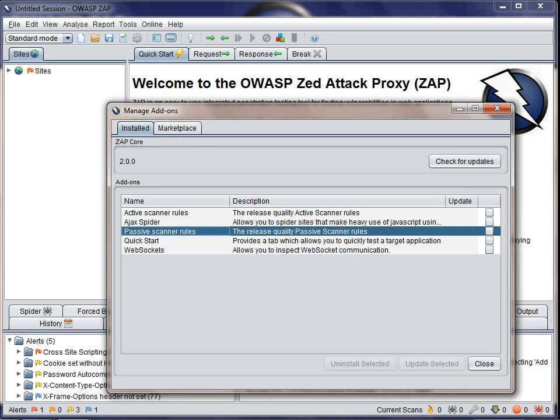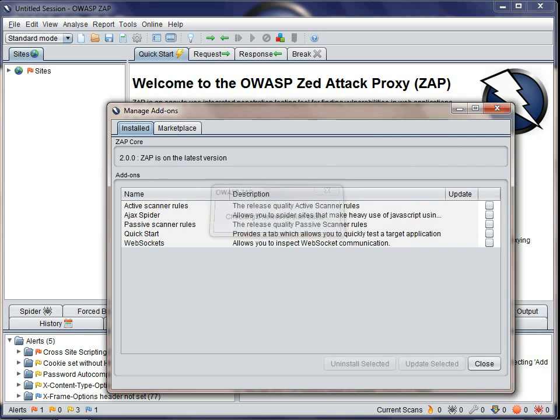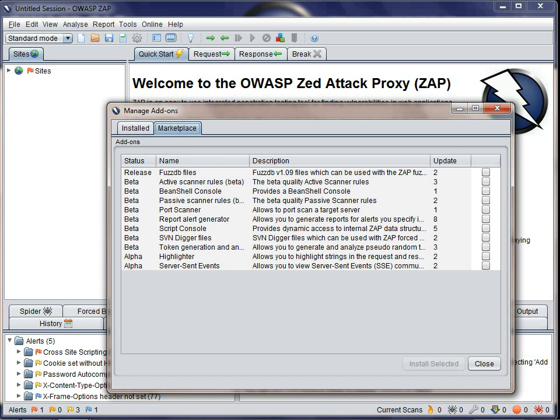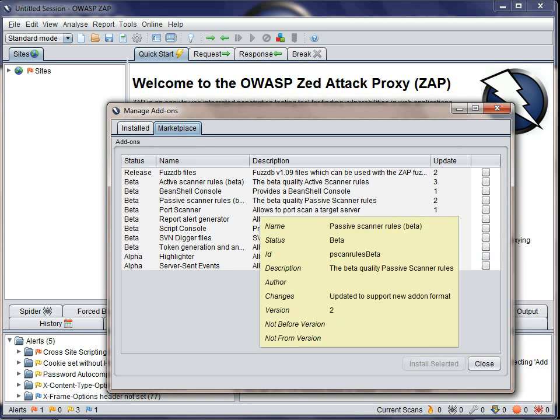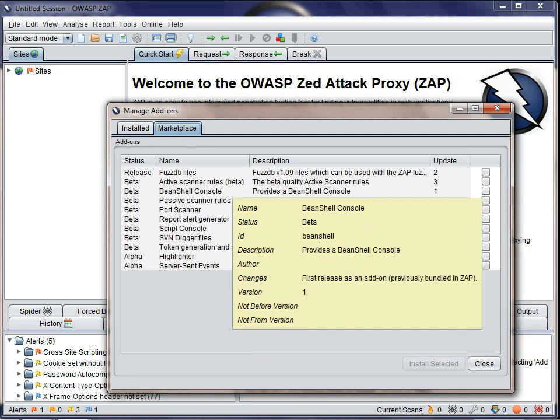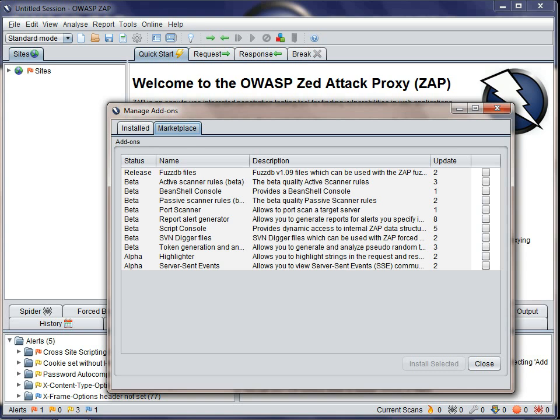Once you've done a check for updates, then you'll be able to see the add-ons that are available from the ZAP marketplace. If you hover over any of these add-ons, you'll see more information. Add-ons are marked as Alpha for add-ons that are in an early stage of development, Beta for those that have been reviewed and passed a standard set of criteria, and Release for those that have been reviewed and thoroughly